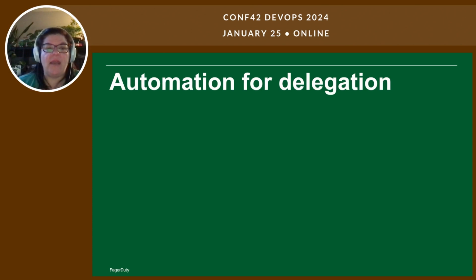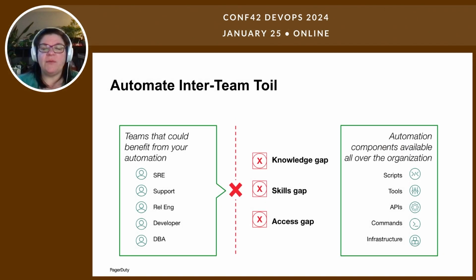So let's take a look at what it might mean to automate for delegation. For folks who are used to writing for themselves, there are some things that might be a little bit different when we think about it, because we have a bunch of different teams. All those folks on the left-hand side of the screen, they're not dumb. They know their own thing. They've got their own set of tools and their own set of knowledge and all that kind of stuff. And then we've got all of our tools on the right-hand side there that are doing all the cool stuff in our environments.